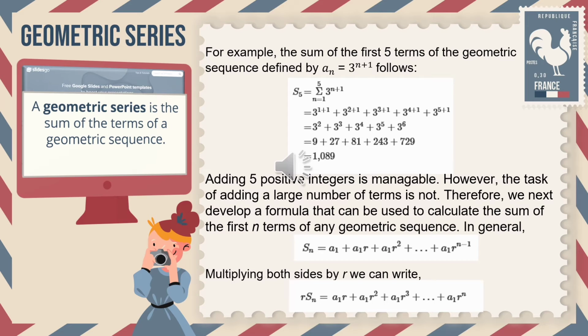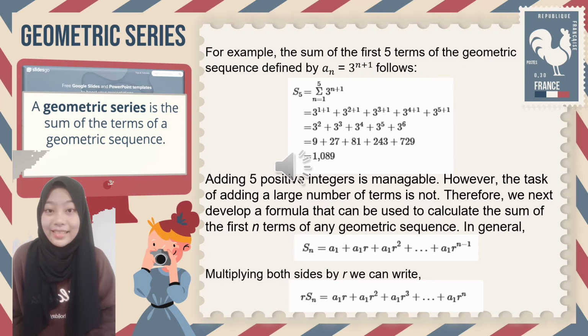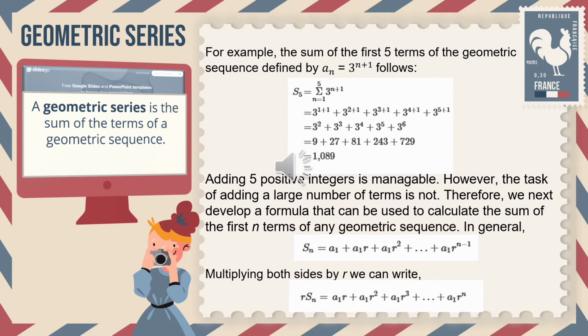Geometric series. A geometric series is the sum of the terms of a geometric sequence. For example, the sum of the first 5 terms of the geometric sequence defined by a sub n is 3 to the power of n plus 1 is as follows. S sub 5 is the sum from n equals 1 to 5,